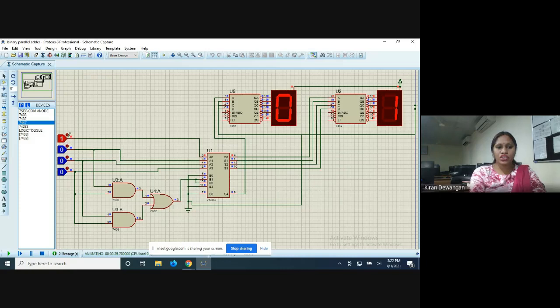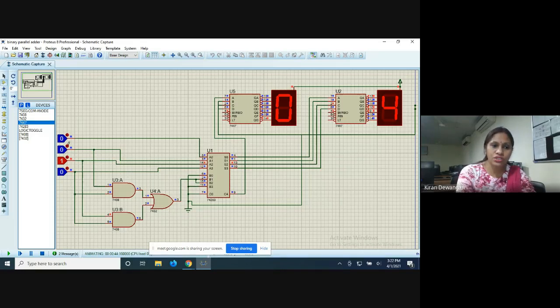Now let me check with 0 0 1 0. 0 0 1 0 is 2. So this is how I get the decimal value 2. Now I give 0 0 1 1, I'll get the decimal value 3. This is 0 and this is showing 3. Now if I give 0 1 0 0, it is showing 4.